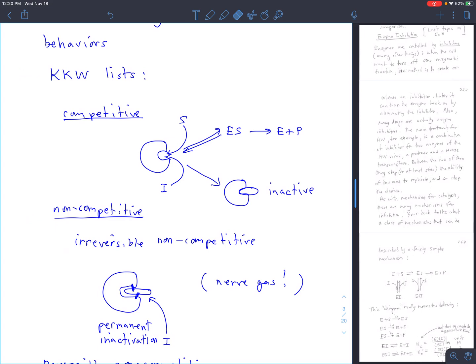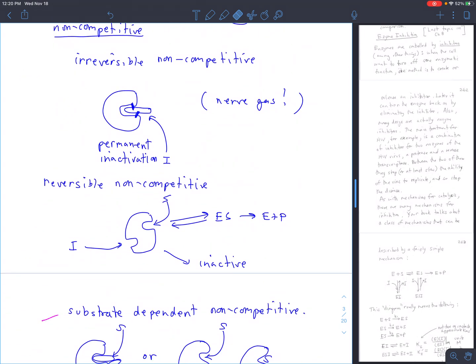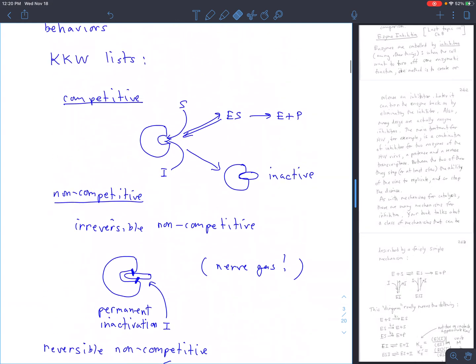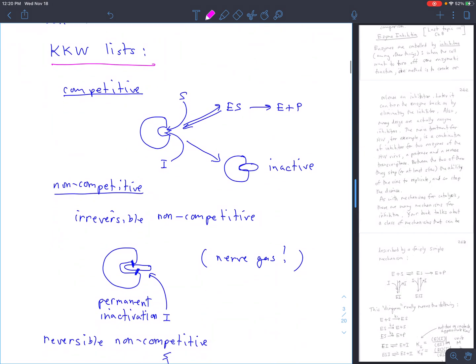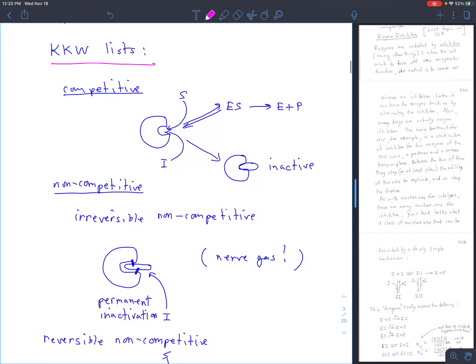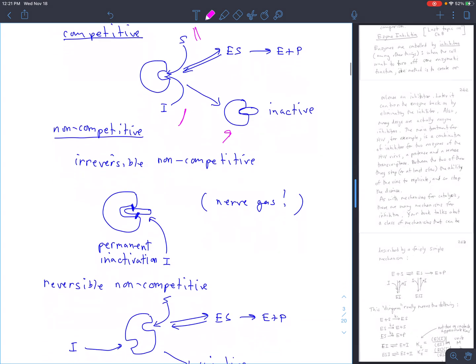I think that people make up these names as they need them, given the actual system they're working on. So this is KKW's list, and a good one as far as it goes. Competitive is just what I talked about. Both enzyme and substrate, inhibitor and substrate are competing for the same site, and once the inhibitor binds, then it blocks up the binding pocket and stops